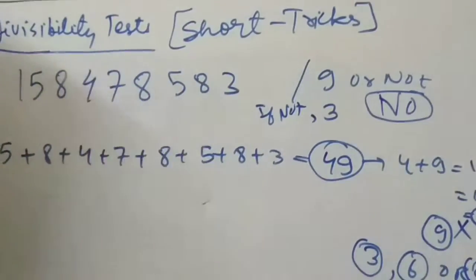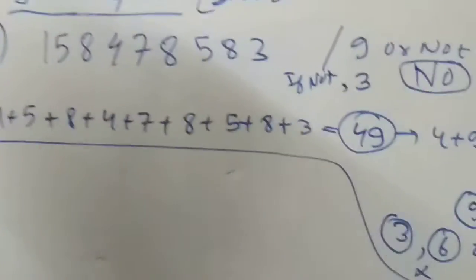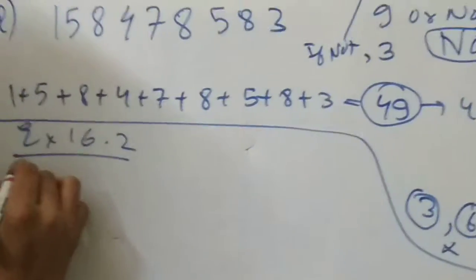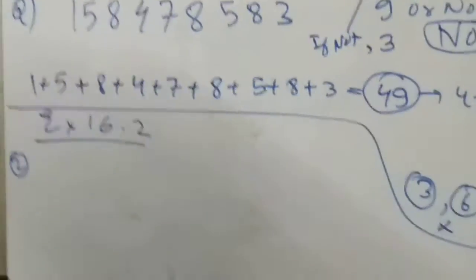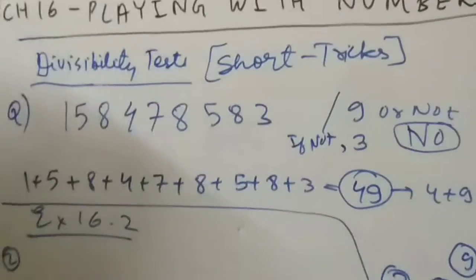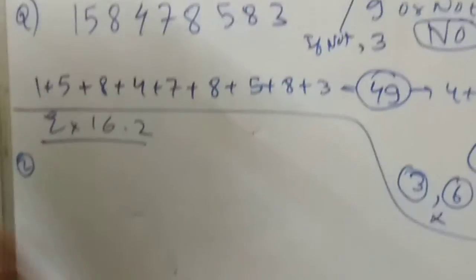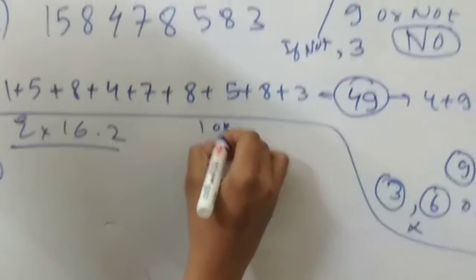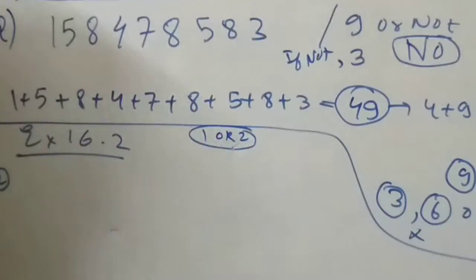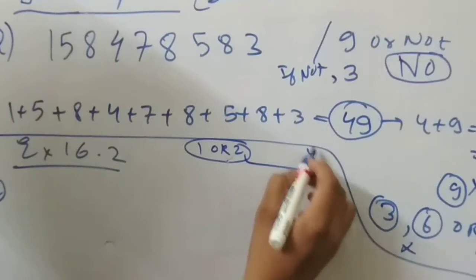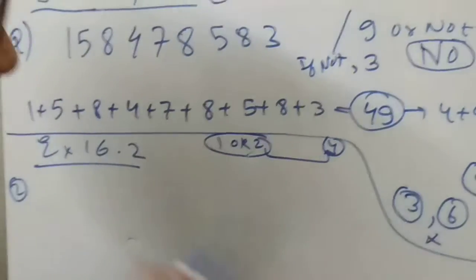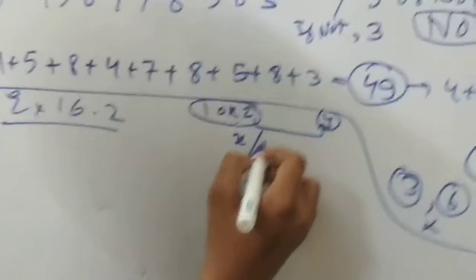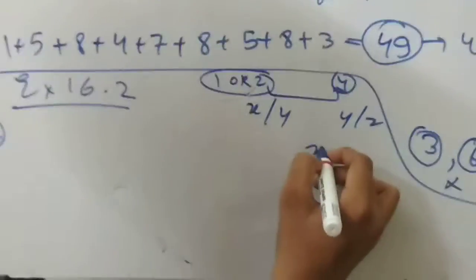Now I'll be doing a last question for you, which is of exercise 16.2, question number 2. Question 1 and question 2 are the same, and in question 3 almost the whole answer is given in the brackets, so I am skipping that. I can solve 1 or 2. Why have I chosen the second? Because the second has its copy in the fourth. Why copy? I have just explained that if a number x is divisible by y and y is divisible by z, then x is also divisible by z.